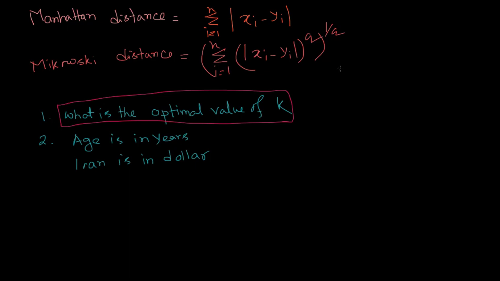Okay, so if I just draw a small graph over here, in the graph on the x-axis, I plot the k value, and on the y-axis, I plot the error or validation error, that means whether the output is matching or not. You may come up with this kind of graph,